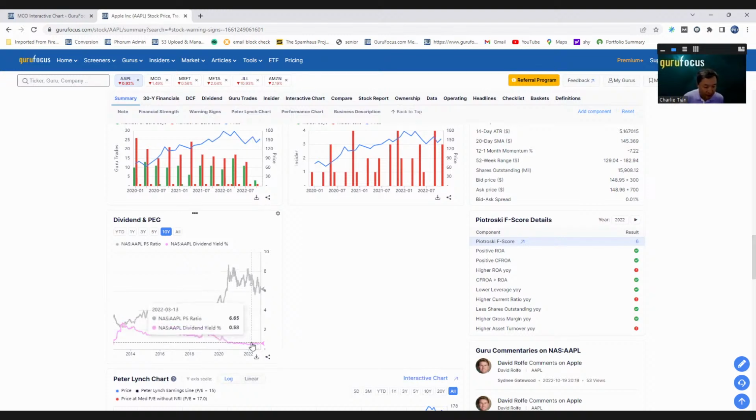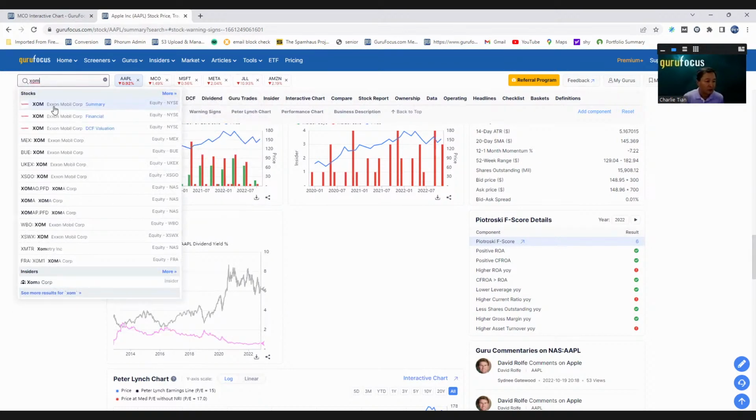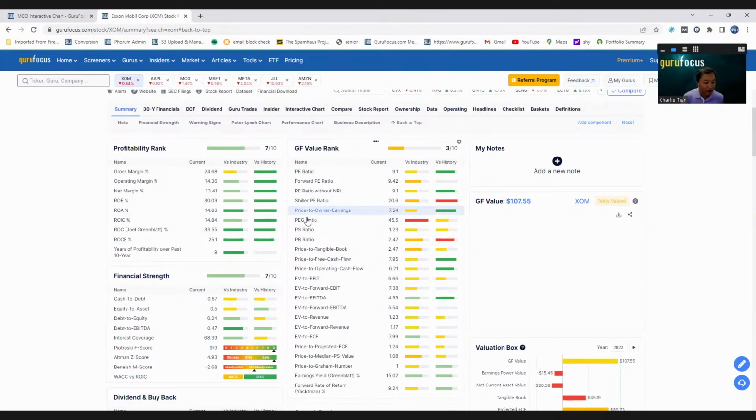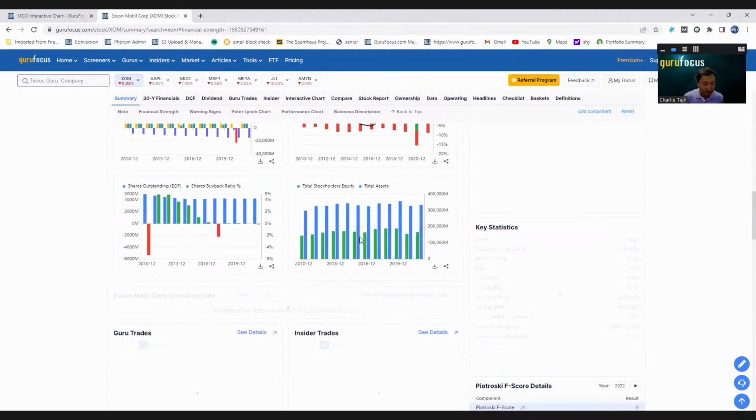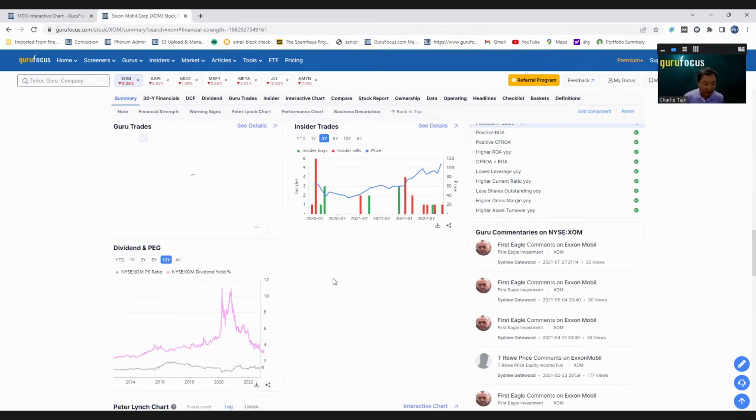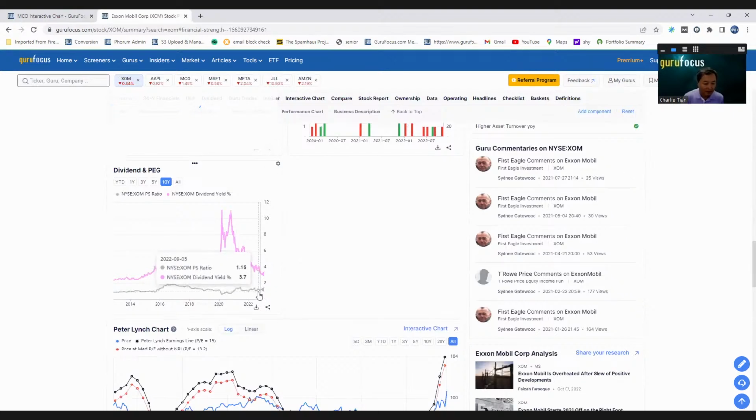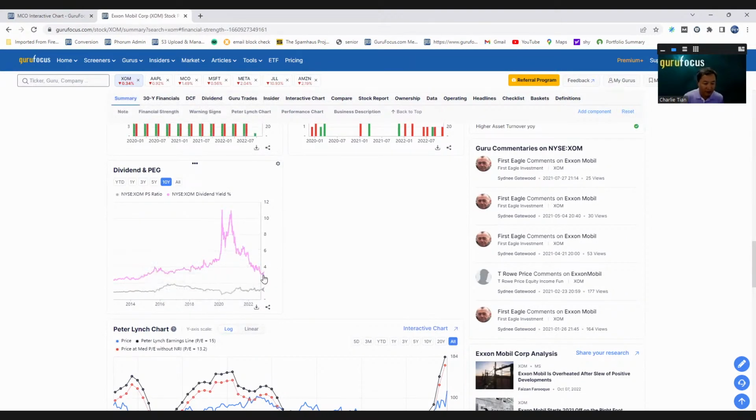This is for Apple. And let me try a different company like ExxonMobil, which has a higher dividend. And you will be able to see it. It's here. Yeah, it's ExxonMobil and dividend. ExxonMobil dividend is much higher, 3.3 here, and it used to be more than 10% during the pandemic. At the start of the pandemic in 2020, ExxonMobil's dividend was more than 10%. Now it's much lower because the stock price went up so much,